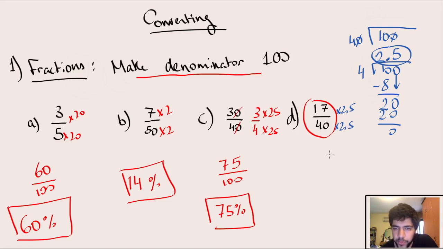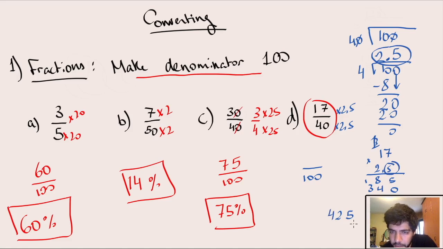Let me keep it in blue. And then what's 17 times 2.5? Well, we can do this on the side here. 425. But remember, we have a decimal place here, so we have to add it back one decimal place. So our final answer is 42.5 out of 100, which means it's